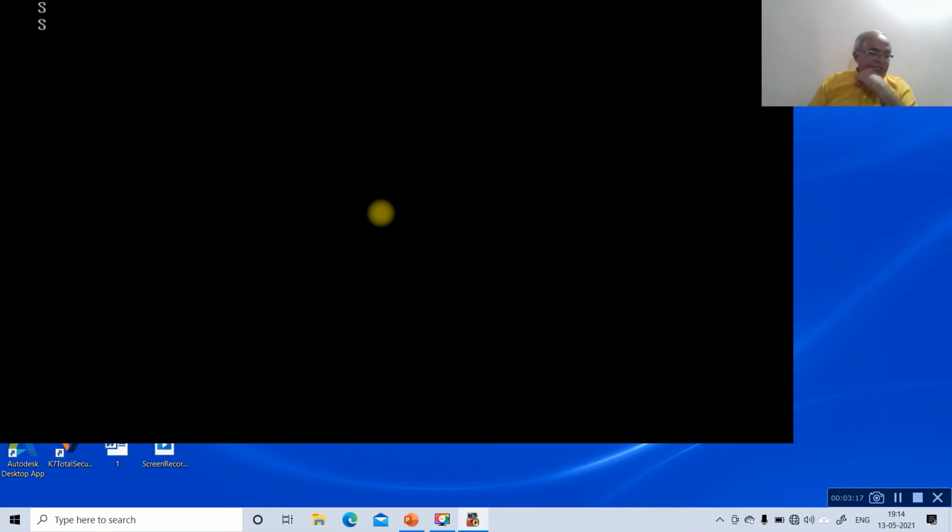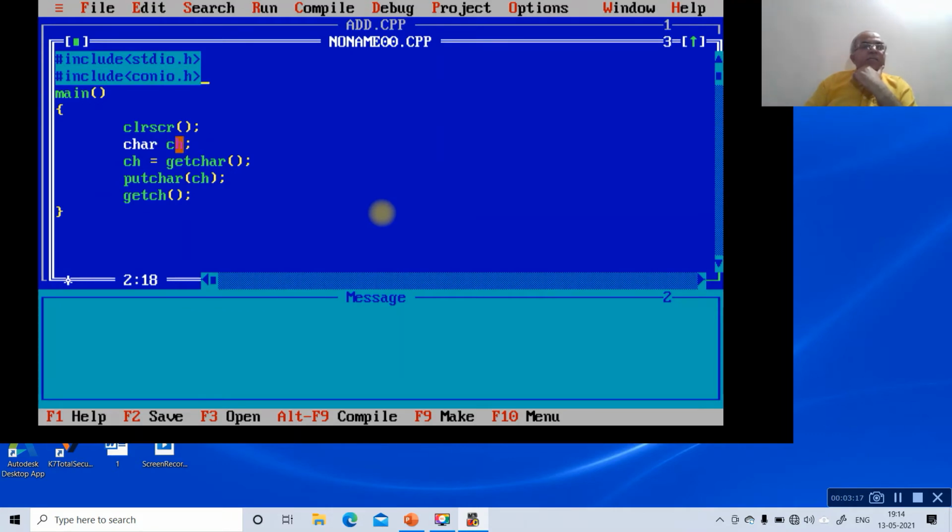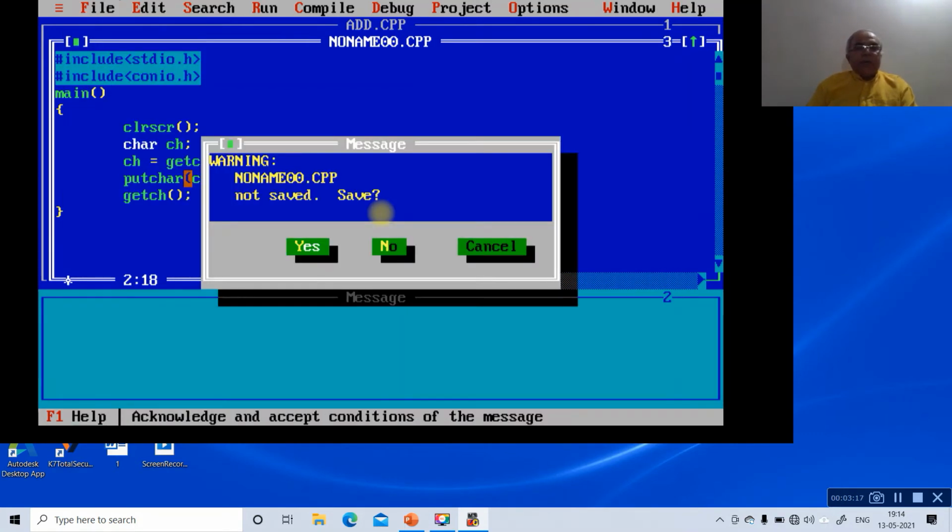We have declared here ch as the char variable, and we are assigning putchar as the character which will be displayed on the output, and getchar is the input, and putchar will be the output function. So this is how the getchar and putchar functions execute in C programming.